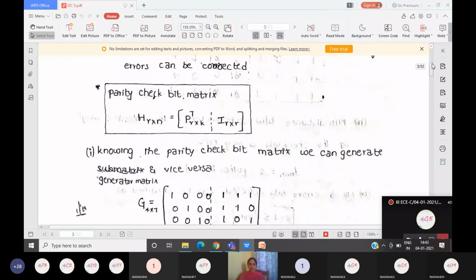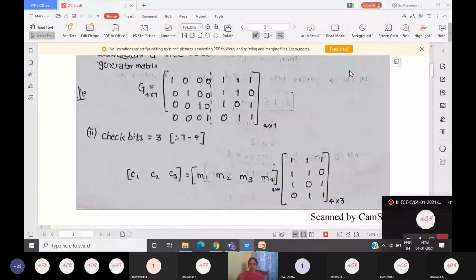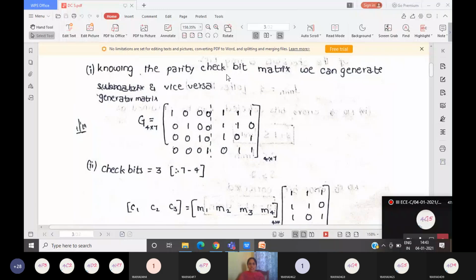Once the parity check bit matrix is given to you, knowing the parity check bit matrix, we can obtain the generator matrix. So the generator matrix G is the identity matrix of size k by k, followed by a submatrix of size k by r. Here k is 4 and r is 3. So the identity matrix is of size 4 by 4, and the submatrix is of size 4 by 3. So the generator matrix of size 4 by 7 is equal to